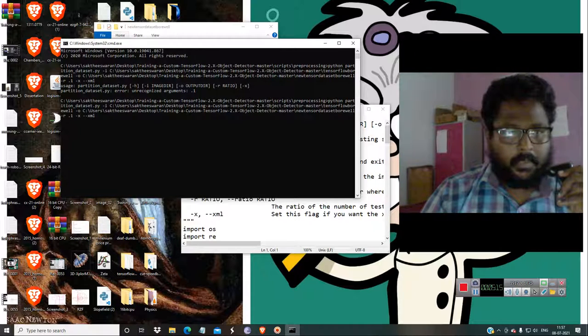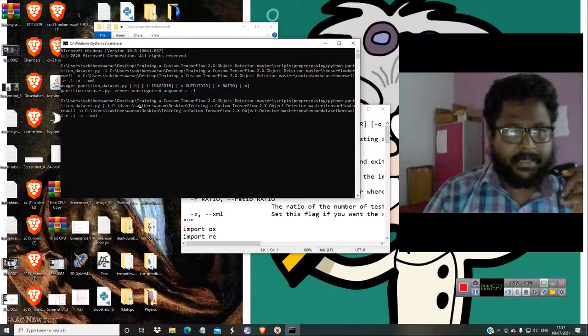So let's give it in brackets. So for I we have to give it in this bracket. And also for O, let's give it in this bracket like this.